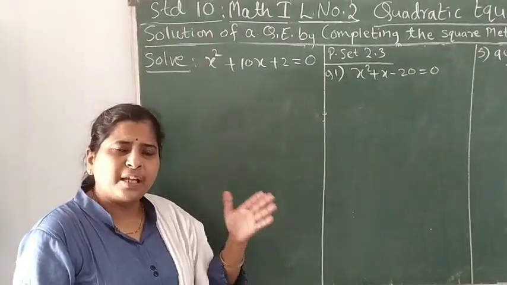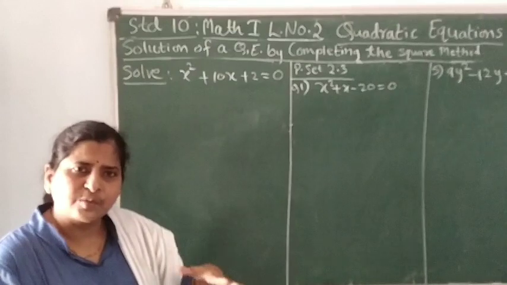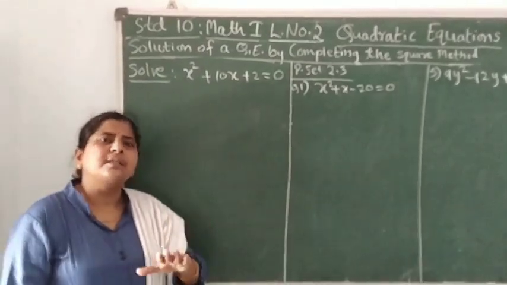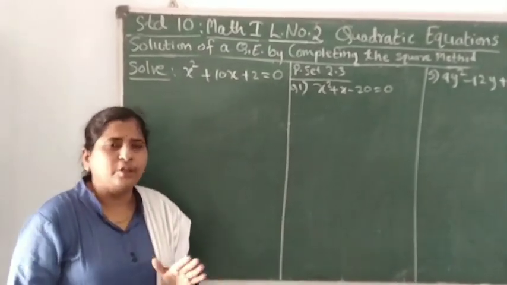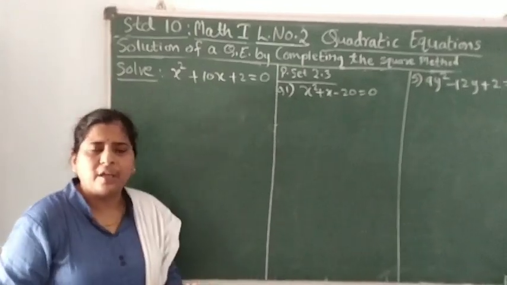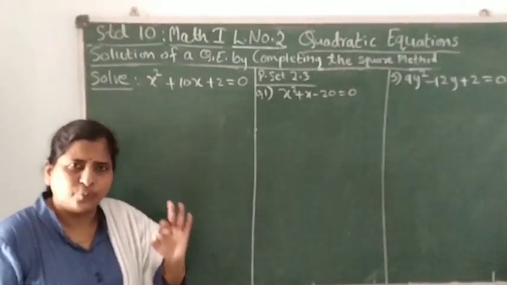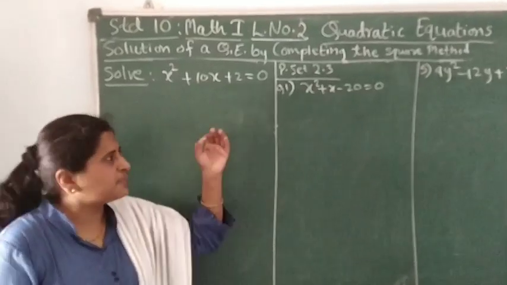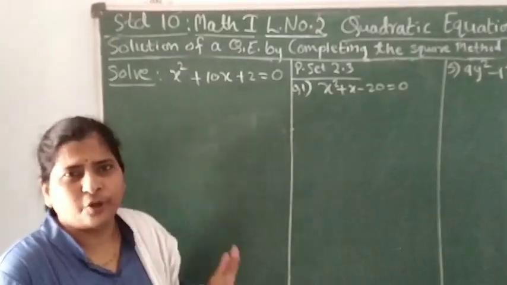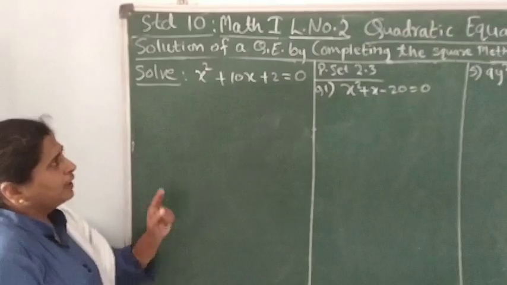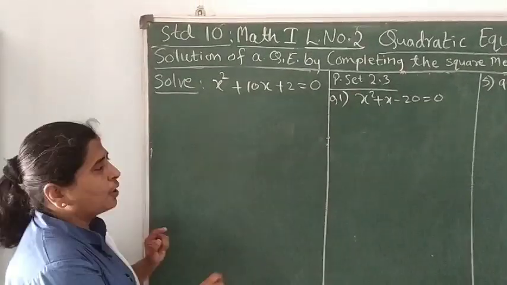Now, this completing square method is given in the textbook also, but I think it is given in a little bit complicated way. We will not go in that complicated way. I will tell you in a very easy and smart way. Follow my tips. This method is very easy for you. Okay, so what do we have to do? Let me tell you the tip and I will solve it accordingly.